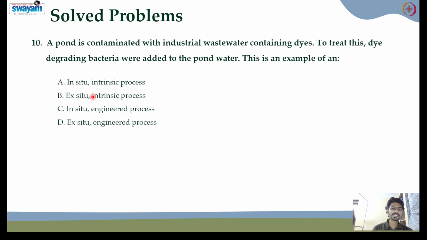What happens here? Scientists are trying to introduce a dye-degrading bacteria into the polluted pond to treat this water. So this situation comes under which category? Is it an in situ intrinsic process, an ex situ intrinsic process, an in situ engineered process, or an ex situ engineered process? And your answers are